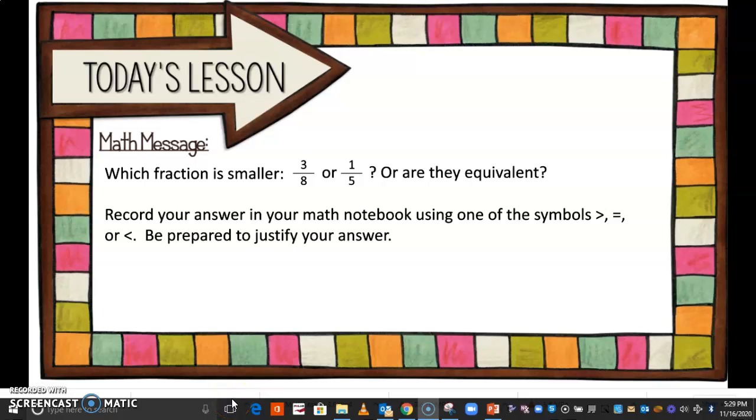So in your math notebook, I want you to write down on your next clean sheet of paper, which fraction is smaller? Now, don't write all these words, guys. You don't need all of these words. I just want the fraction. So you're just going to write this part right here, 3/8 and 1/5. Okay? Maybe they're equivalent. So instead of that word or, you're going to write the more than, less than, or equal to sign. Okay? Of course, we want to be prepared to justify our answer,